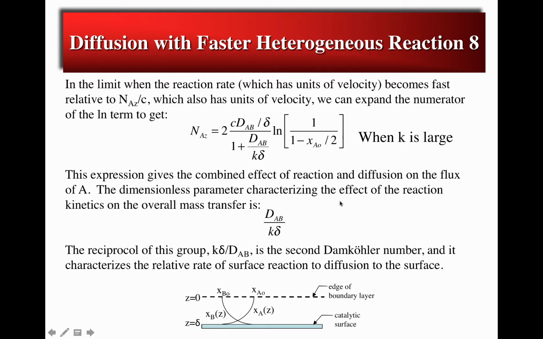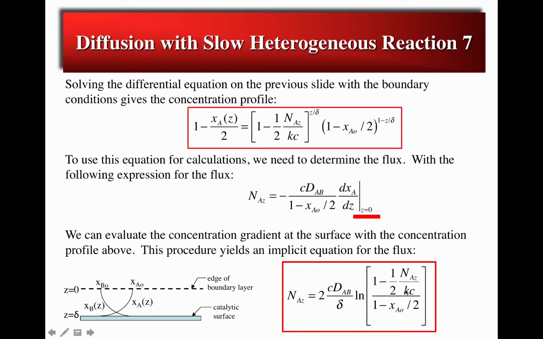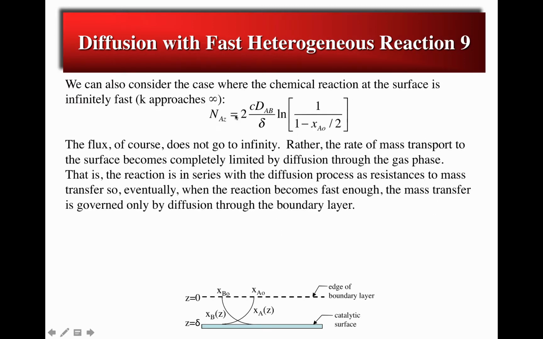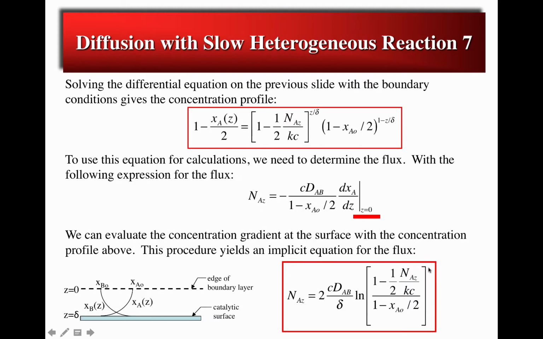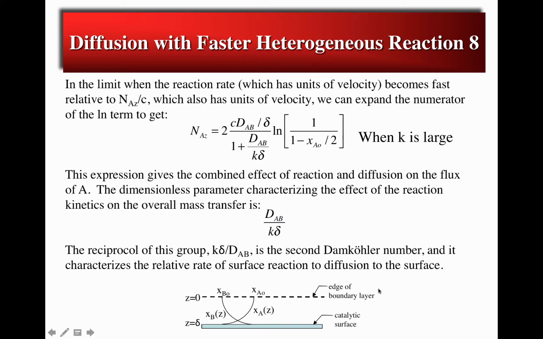The limit when the reaction rate becomes fast relative to the flux of A, that is, in the limit where K becomes large relative to the flux of A divided by the total molar concentration, we can expand the numerator of this expression as shown here, and you should verify that this is in fact the case. And so this expression gives the